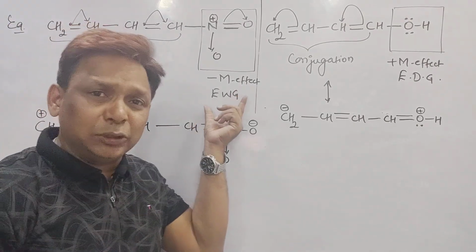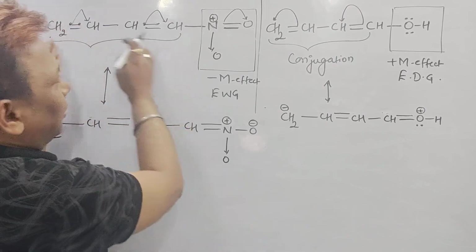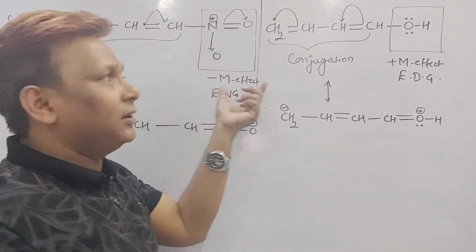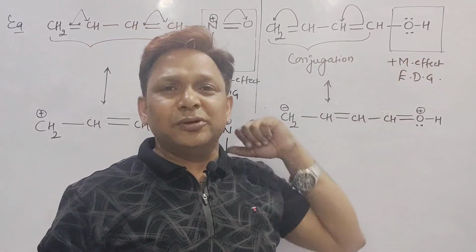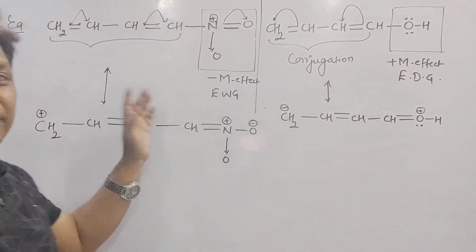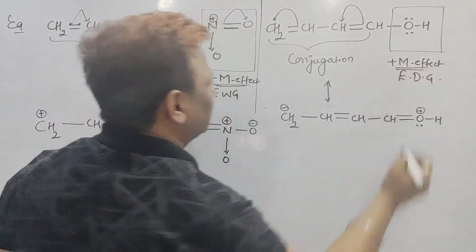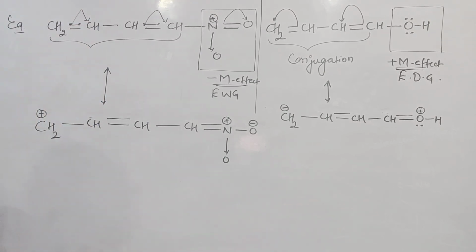So what is a negative mesomeric effect? That is when the electron is moving or transferring towards the group. If the electron is transferring towards the group, it is the negative mesomeric effect, and if the electron is moving away from the group, it will be called a positive mesomeric effect. So this is one simple example I have shown you, of what a negative mesomeric effect and what a positive mesomeric effect is. In the negative mesomeric effect, if the transfer of pi electron takes place from the